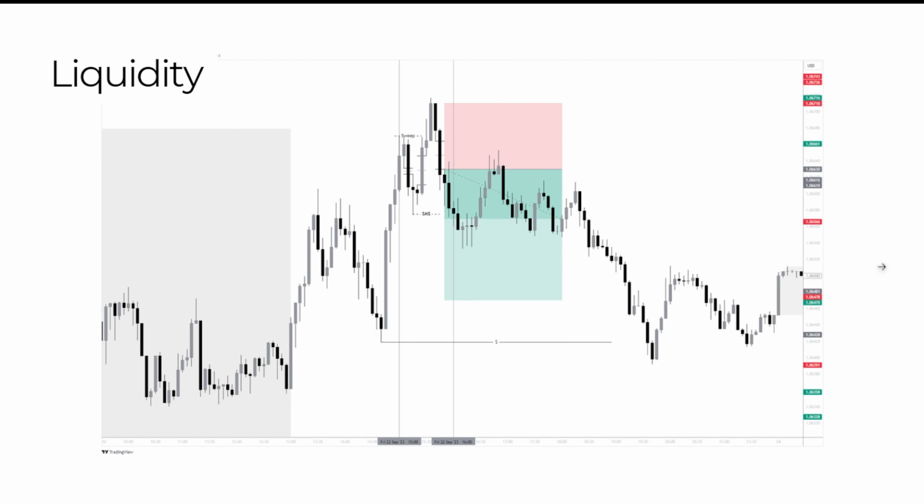And another form of liquidity we will also be looking at is structural liquidity. Now, in the previous video, we did speak about fair value gaps, and we actually used this particular trade example to explain fair value gaps. But one thing we can also see within this trade example, and this particular example is what I would consider an A+ setup for many reasons. Obviously, we spoke about the reasonings for the fair value gaps in the previous lesson, but also where we have the liquidity. We have a shift in market structure, a nice sweep of liquidity here,